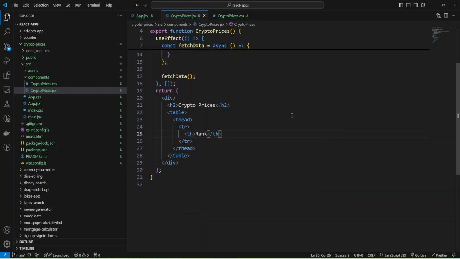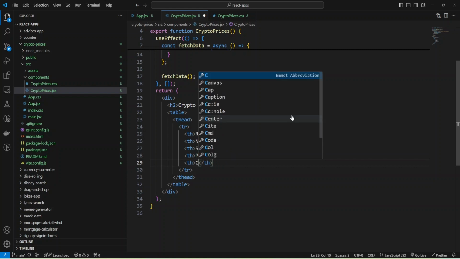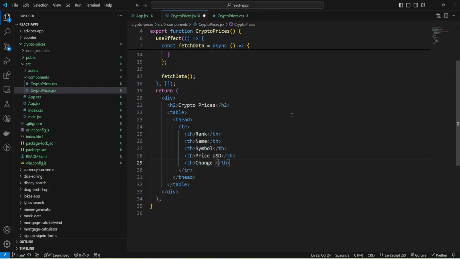Okay, and now I can add more headers and provide name, and also I'll have symbol, and also we'll have price in USD, and also we'll have change for 24 hours.